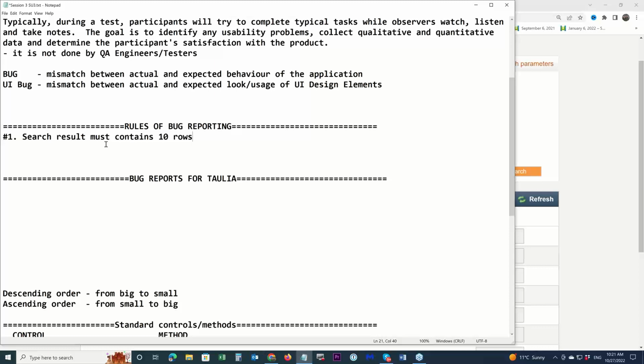Look, bug report is about mismatch. Bug report is about pointing to the mismatch. Yeah? We have to point to the mismatch. It is not just a statement of what's a good thing. Where is the problem?